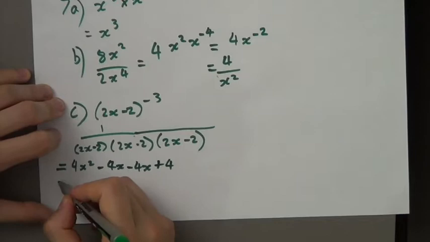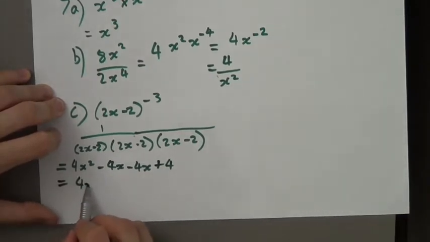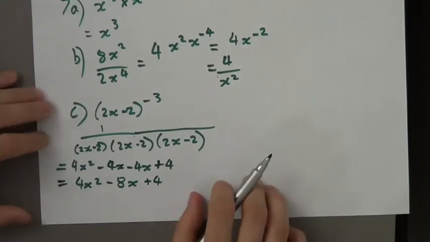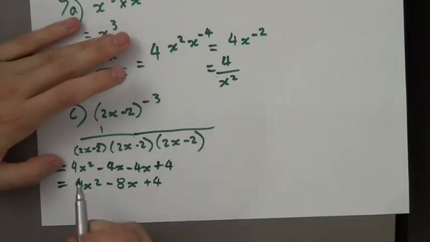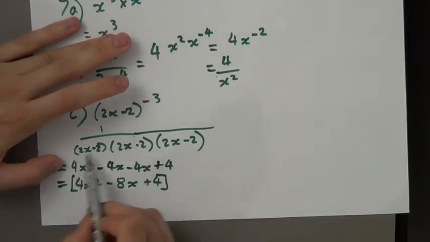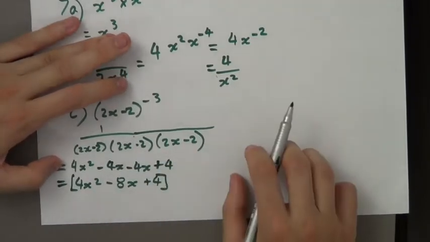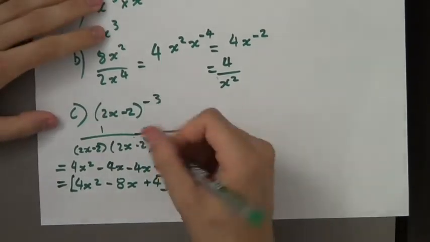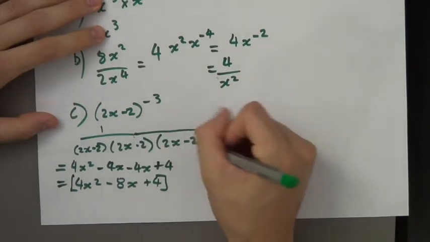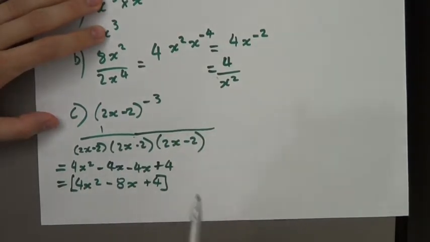Okay? Which simplifies to 4x squared minus 8x plus 4. So this refers to these two brackets. Now, I need to multiply this to this. So I'm going to say now,